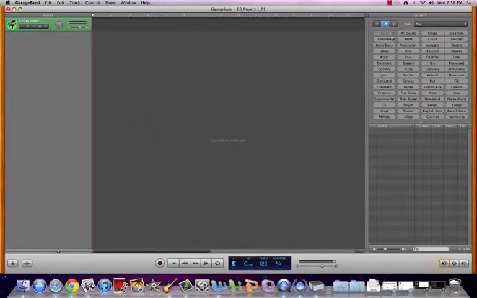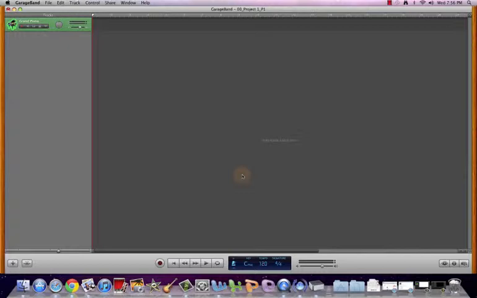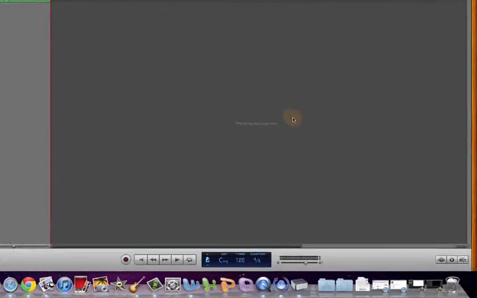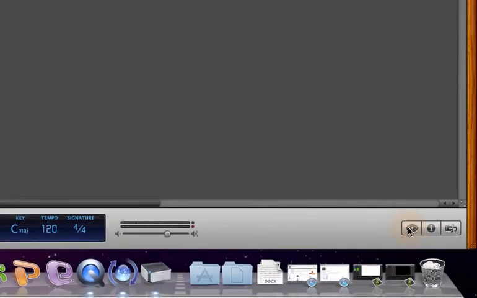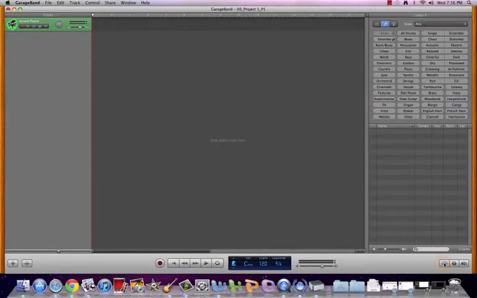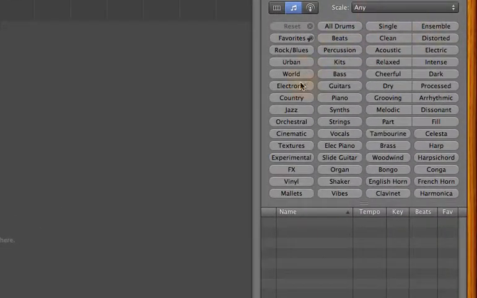Let me close this up as well. This is the default screen. So in order to drag Apple loops into this timeline, we need to be able to access them. And so this eye down here, this is the loop browser. So I'm going to click on the button for the eye, and what pops up is a